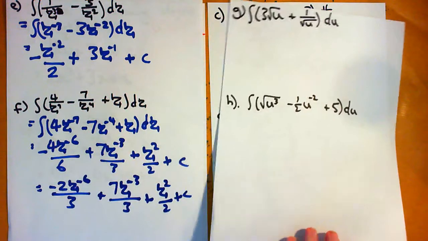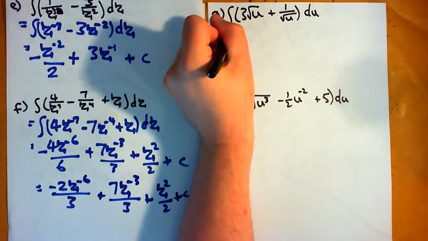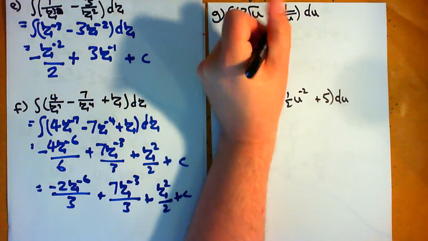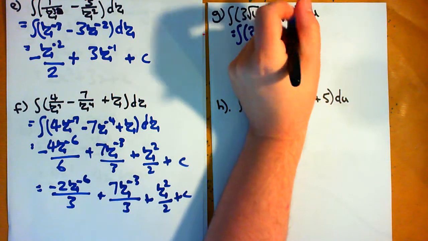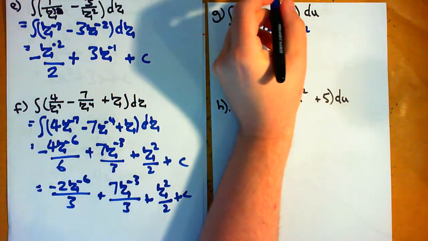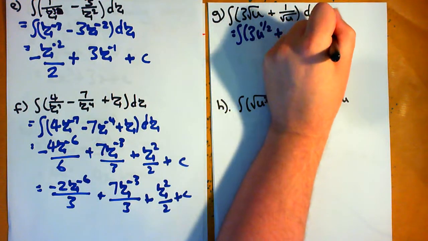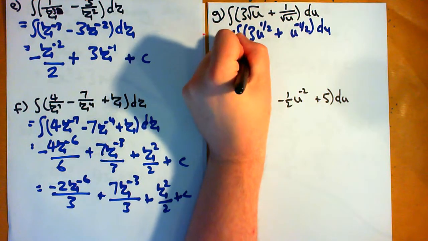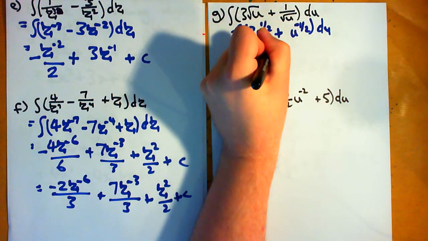And 2 more to do, so we have the integral of 3 times the square root of u. So remember that the square root is same thing as a power of half, so this is 3u to the power of 1/2 plus, we've got the square root of u, so it's again u to the power of 1/2, but it is on the bottom, so it is a negative power du. Okay, so now that's what we're going to integrate, so we get 3 times u to the power of 1/2 plus 1 is 3 over 2,